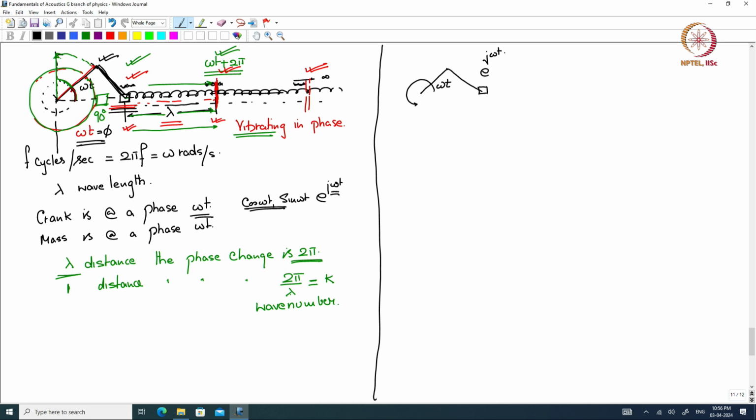Okay. And then, a little distance behind, let us say delta x behind, let us say we are delta x over here. The information has not reached yet. The information that this crank is rotating has not reached here yet. So, it will get delayed a little bit. So, by how much will it get delayed? It will get delayed by e to the power j omega t minus a certain amount,